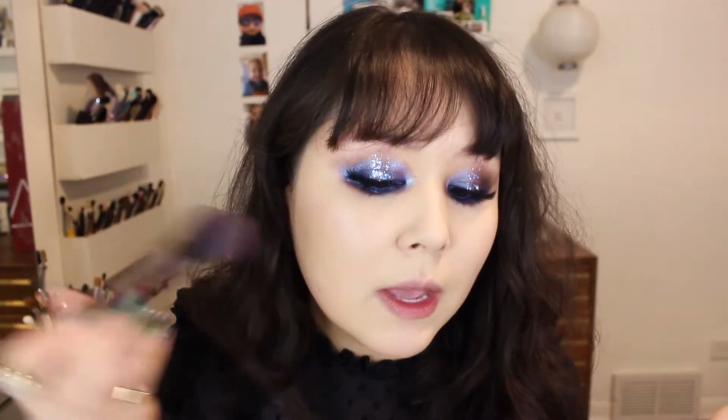I'm gonna skip powder because, like I said, I'm gonna go ahead and take a combination of these two. This one's a little bit lighter and slightly shimmery. This one is fully matte from Makeup Geek, and this one is called Secret Admirer, and this one is Full of Joy from MAC. With my soothing brush from Shakuda, I'm going to start with the Full of Joy MAC, very pale one,